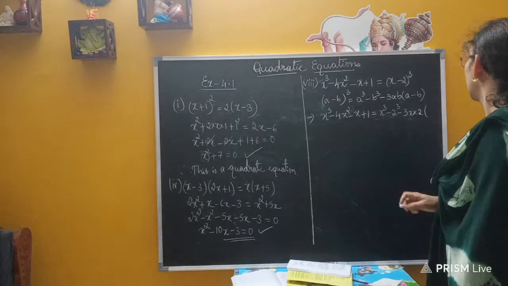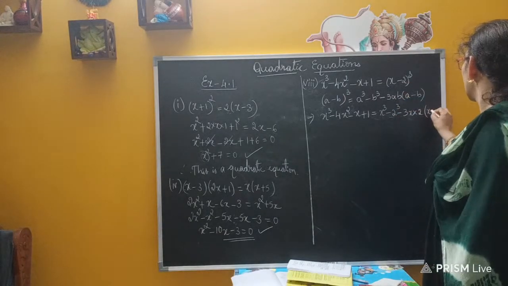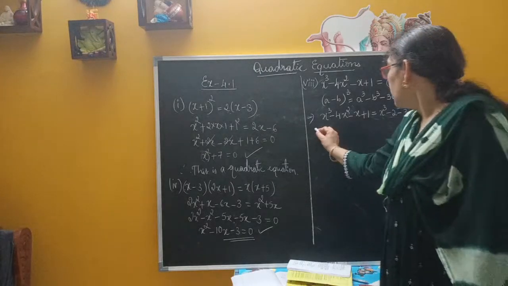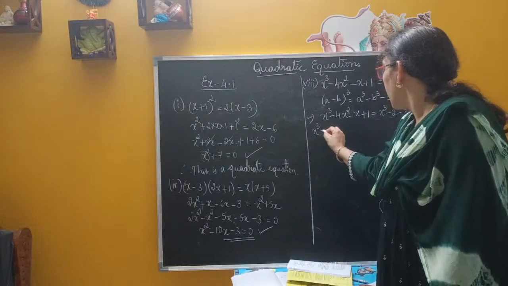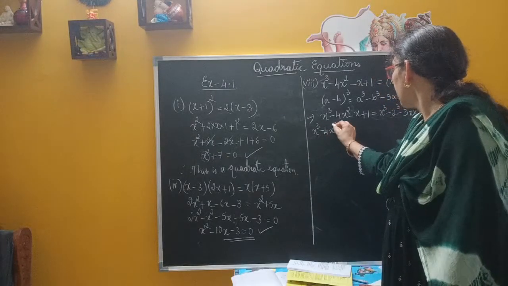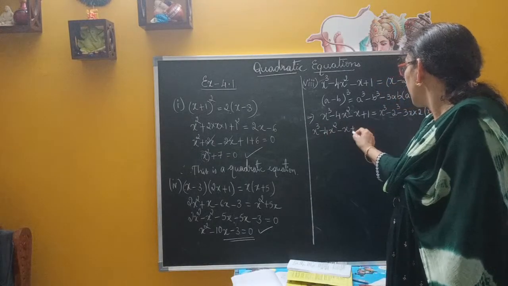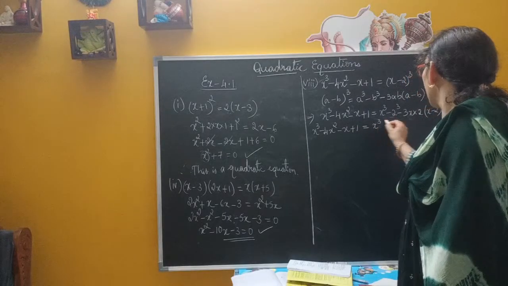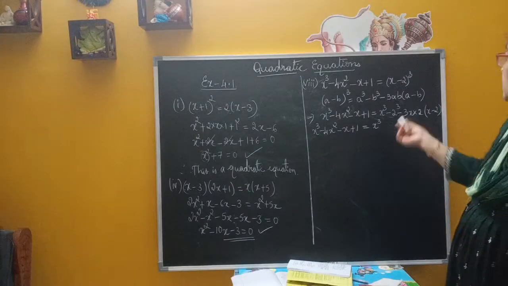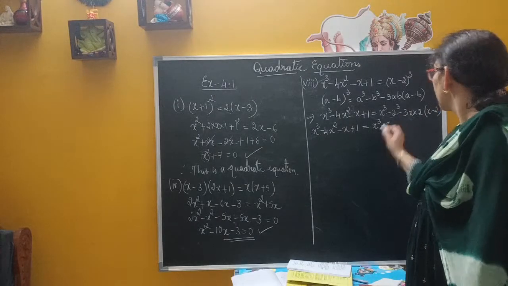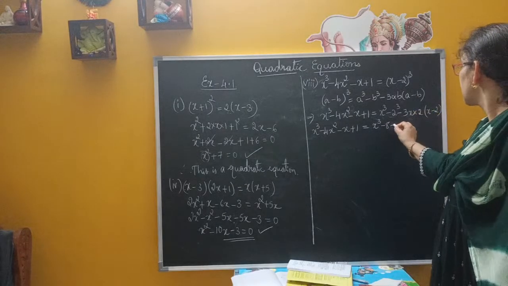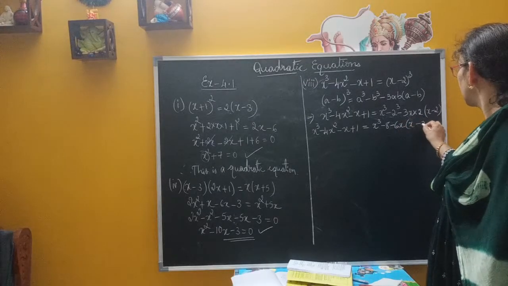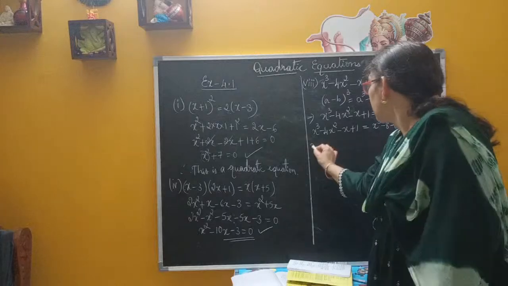Then A minus B is x minus 2. Multiply now here. Simplify. So x cube minus 4x square minus x plus 1 is equal to x cube minus 2 cube. 2 cube is how much? 8. Minus 8. Minus 3 2s are 6. 6x into x minus 2. Okay, so x cube